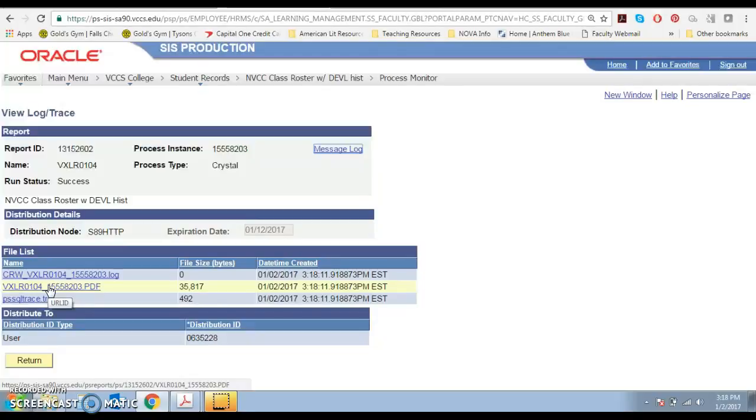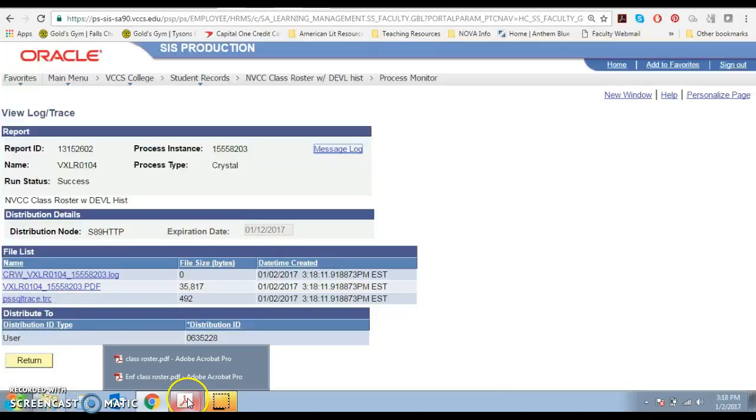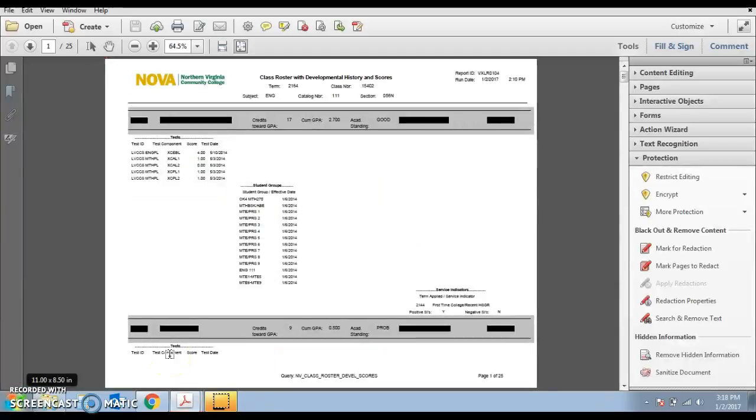When you do that, you'll open up a new tab. I'm going to open up a different PDF file that has some information I blacked out so that I'm not violating anybody's privacy here. So this is a prerequisite report for a regular old English 111 class. And what you want to be looking for is the